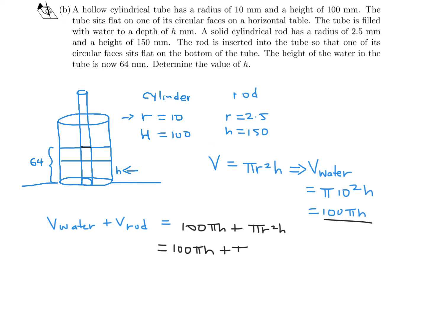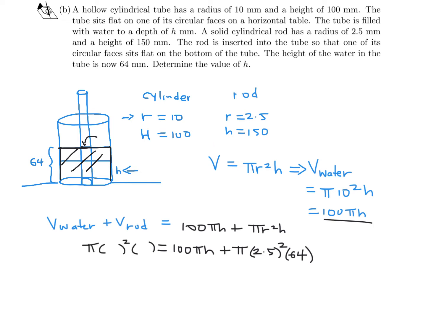Now, in this case, the r for the rod is 2.5, and the height of the rod that goes up until this point right here is 64. So those are the numbers there. And then the volume of the water plus the volume of the rod is all of that. So we can combine it in sort of a 1 pi r squared